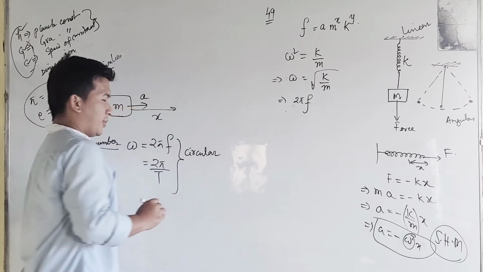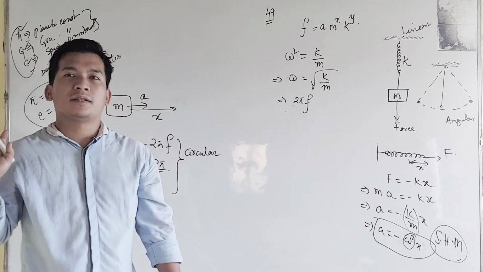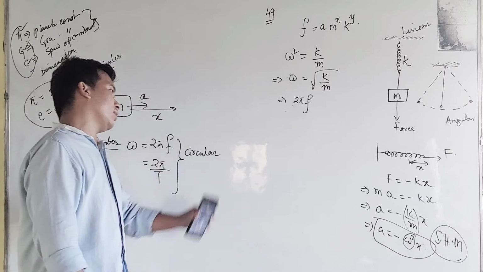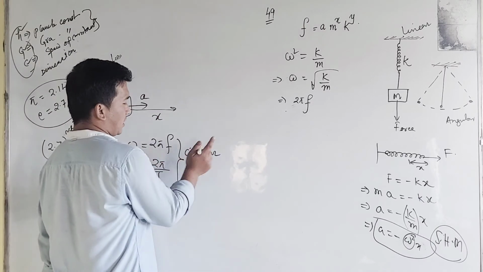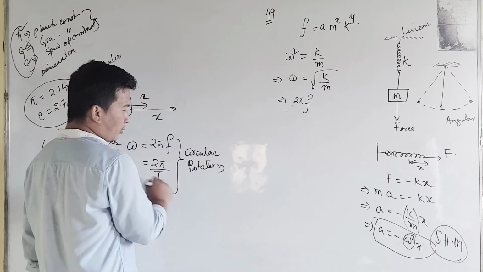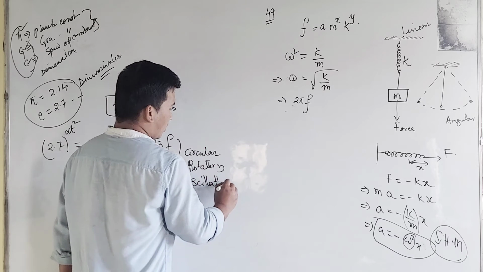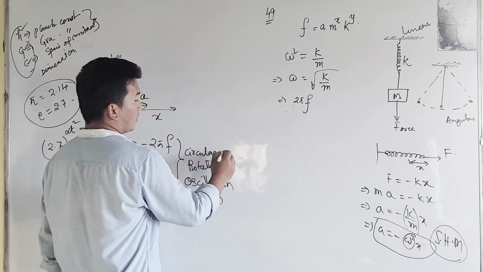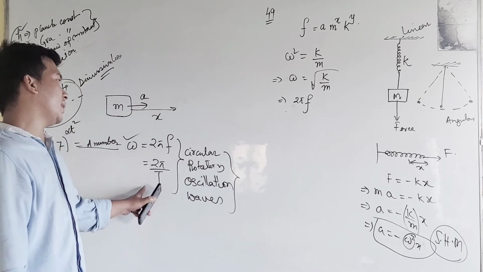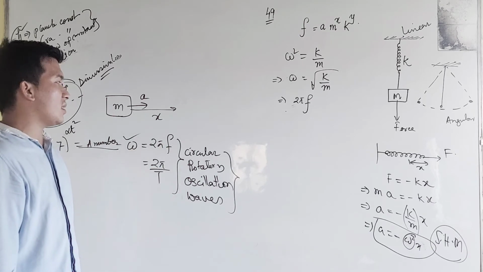How we study physics: if you try to learn by heart the formula separately for each and every chapter, then you will be forgetting this very soon. Omega in circular motion, in rotatory motion, will be this expression. And in oscillation and in waves as well, omega is nothing but the angular frequency, which will be equal to 2 pi by T or 2 pi f, where T is the time period and f is the frequency. Is that understood or not?